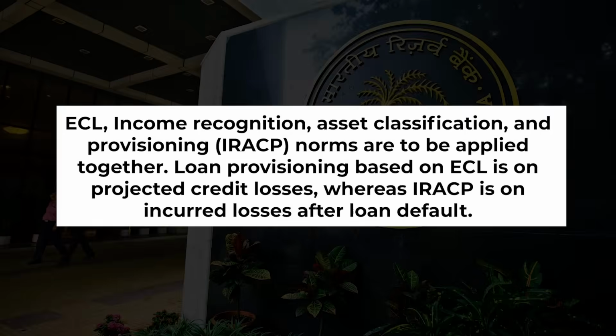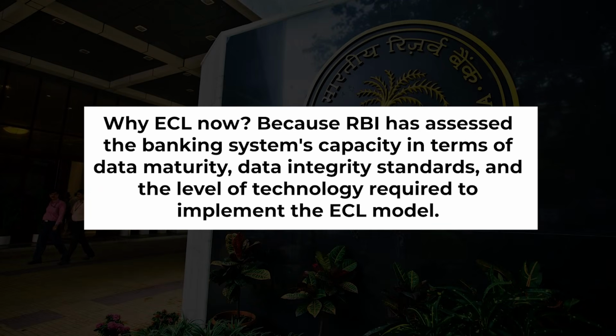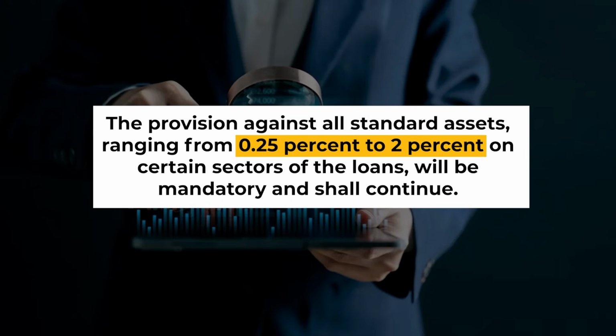It will involve additional provision on the expected credit loss that every bank will have to estimate and make projections. So far, we have been making two kinds of provisions. Provisions against standard assets, that is, the entire loan portfolio. There are certain sectors. The amount of provision ranges from 0.25% of the loan portfolio up to 2%. So that is the existing framework of provisions against standard assets.